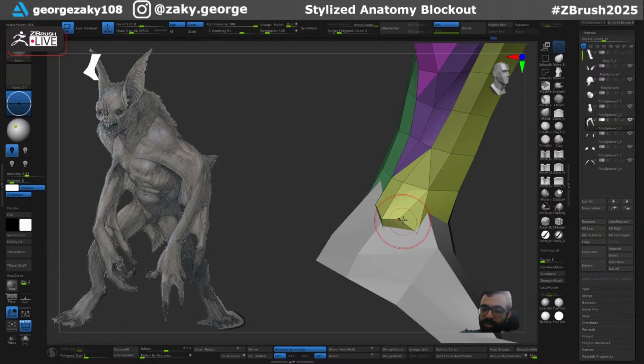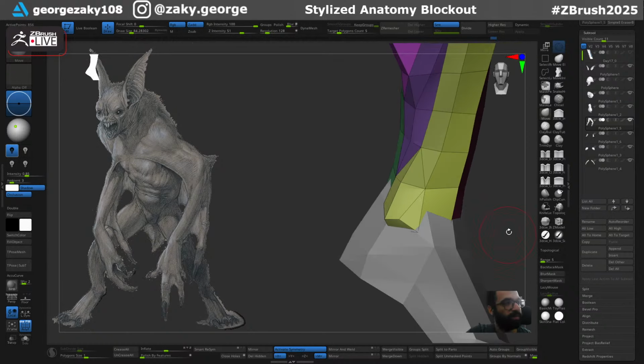I should have connected this part to this. I really don't know why I created this piece of triangle here. But anyway,